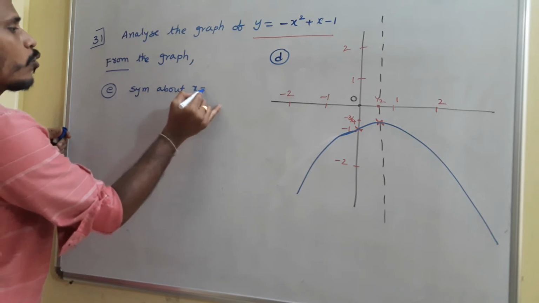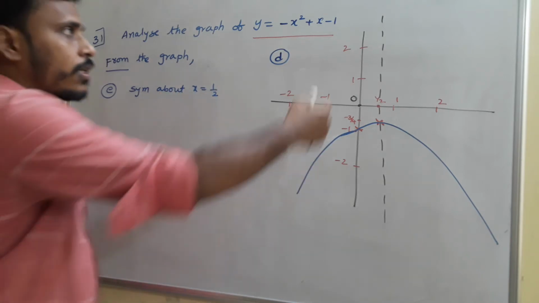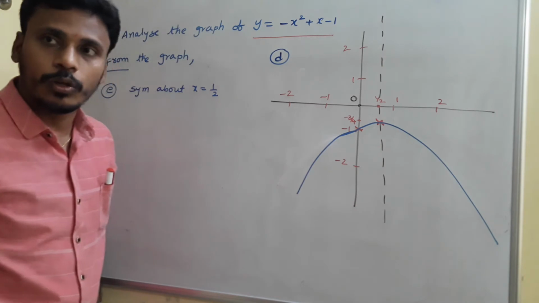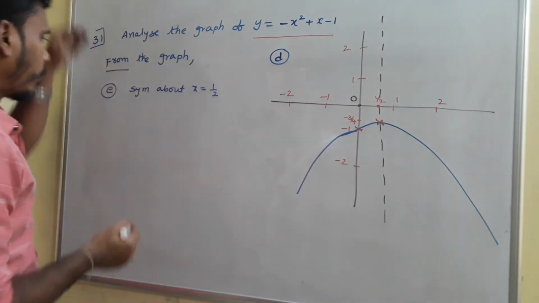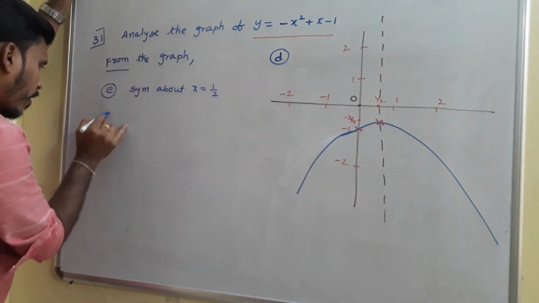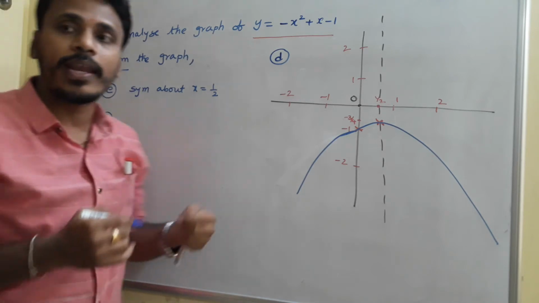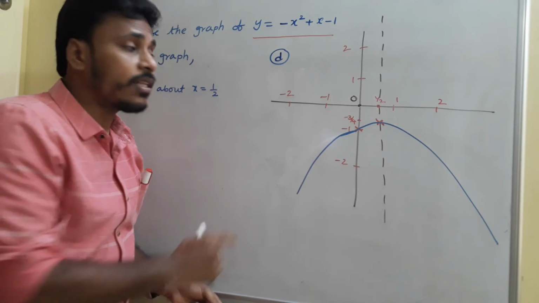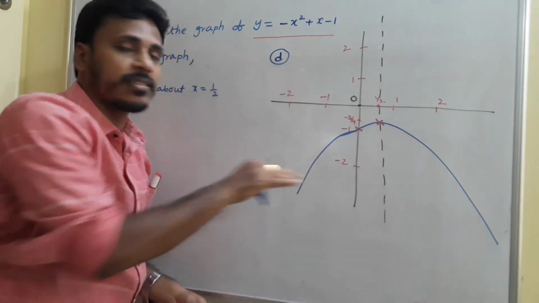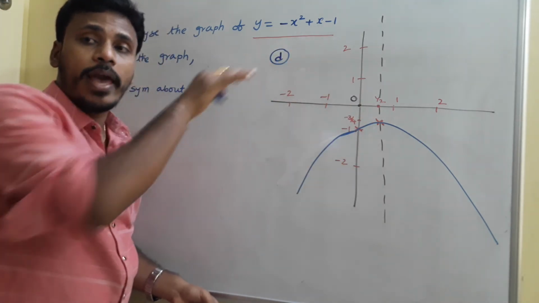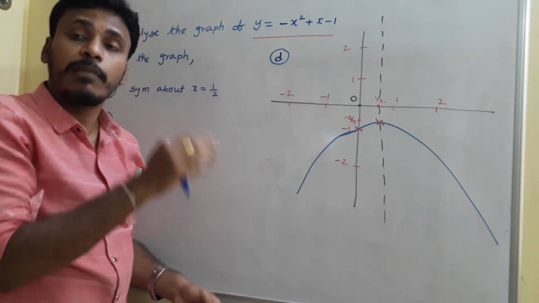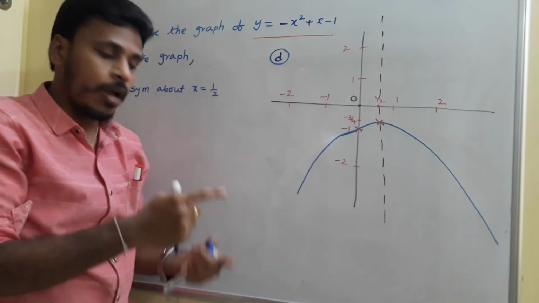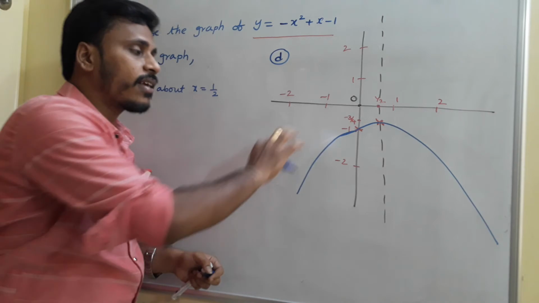So the first thing is, graph is symmetric about x is equals to 1 by 2. That is one observation. This line equation is x is equals to 1 by 2 and the graph is symmetrical about that. And the next thing is f. Whenever the graph is positive, whenever the graph is negative. Graph in the sense this curve. See, this curve completely lies below x-axis. It is not above x-axis. Graph is nothing but y as well as the curve. Y and curve both are this graph only.